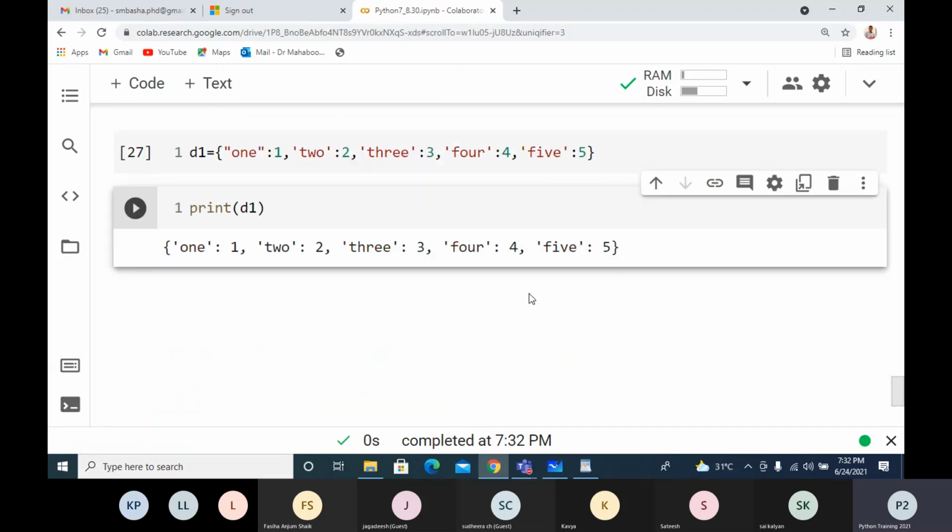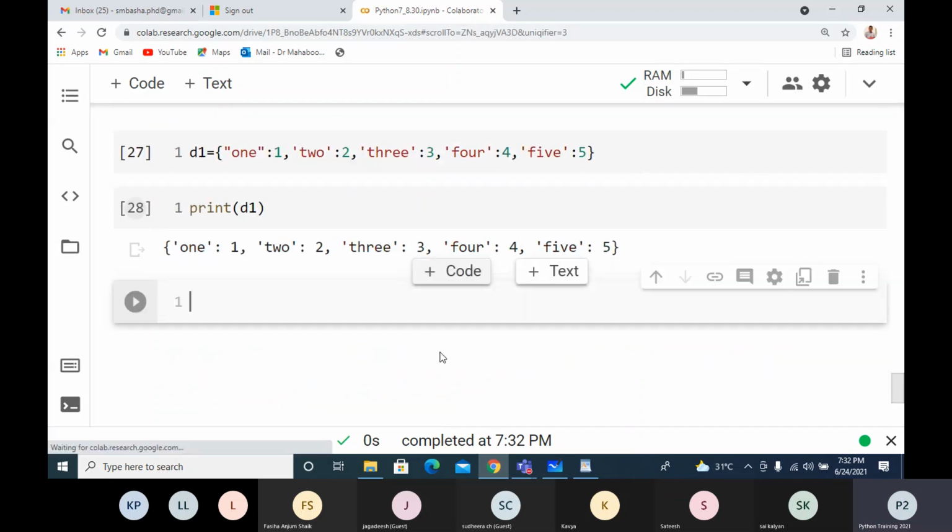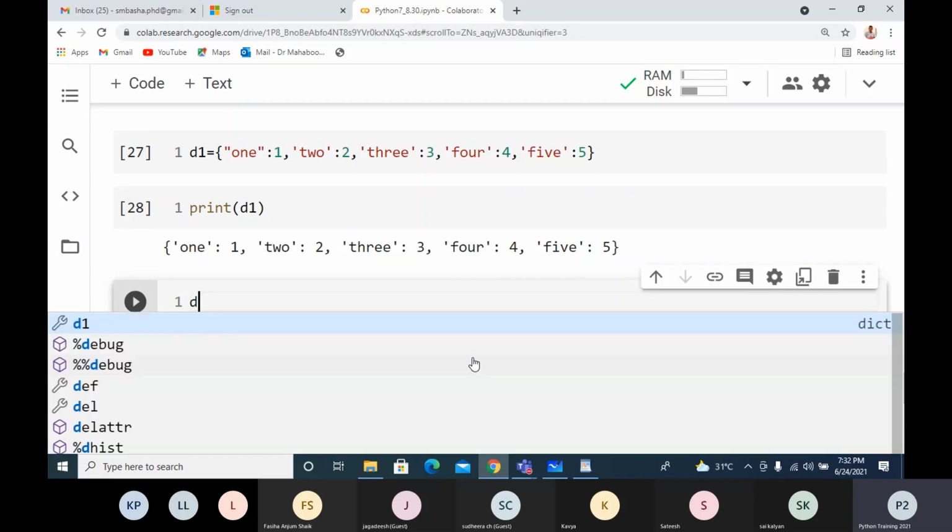Now I want to create one more dictionary with the keys remaining the same, but I want the value to be the square.